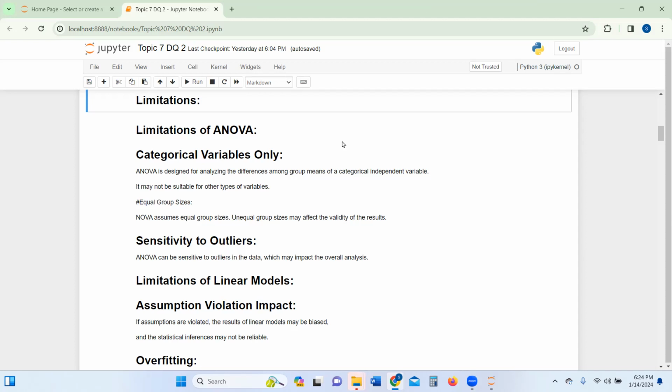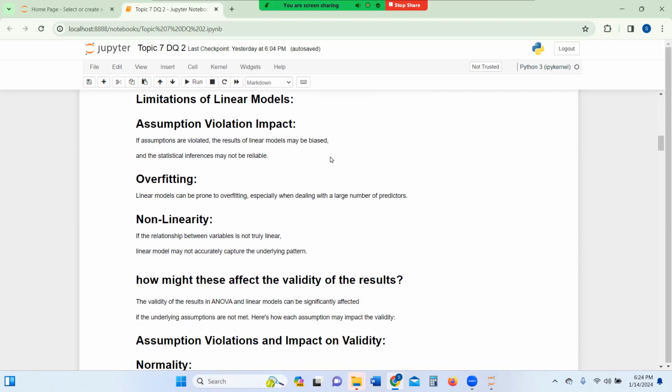the overall analysis. The limitations for linear models are the assumption violation impact, meaning that if assumptions are violated, the results of linear models may be biased and the statistical inferences may not be reliable. The other limitation is overfitting: linear models can be prone to overfitting, especially when dealing with a large number of predictors. Non-linearity limitations occur if the relationships between the variables are not truly linear, and linear models may not accurately capture the